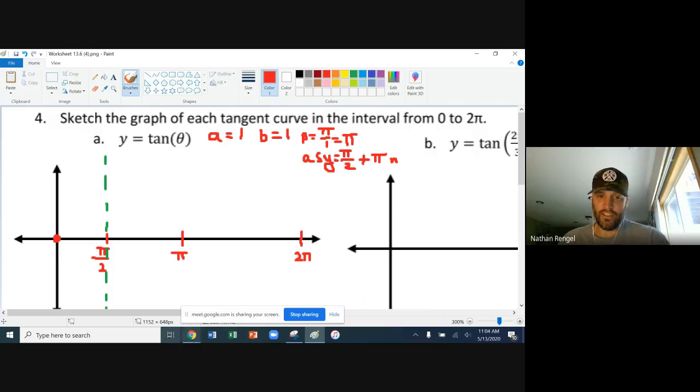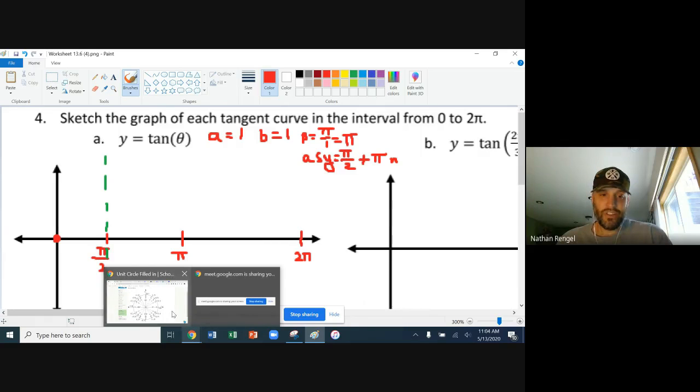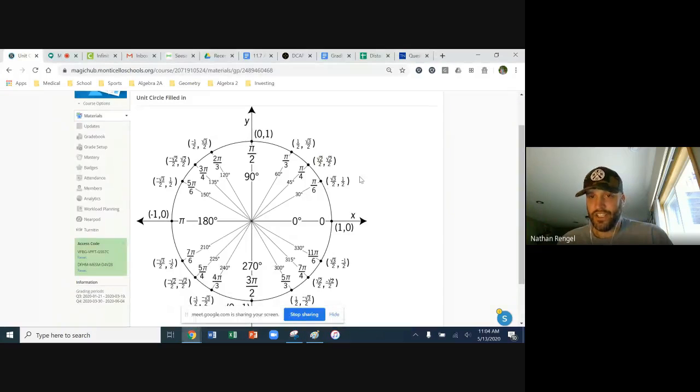Now we get to the next position. Now, when we started looking at these tangents, this was square root of 3 over 3, this was square root of 3, but this one right here, your tangent at this position at pi over 4 is going to be 1. So when you do the tangent of pi over 4, that's taking the square root of 2 over 2 divided by the square root of 2 over 2, which is just 1. That's a nice